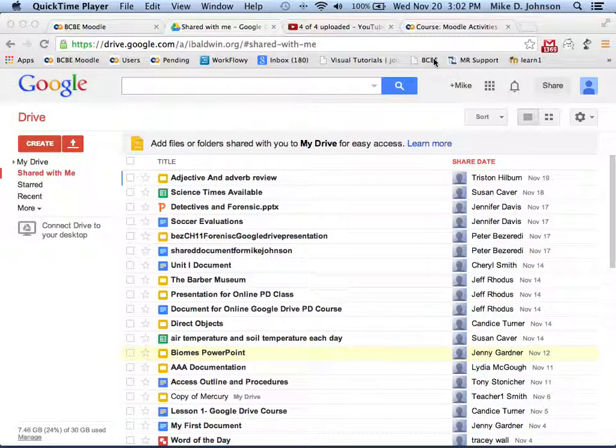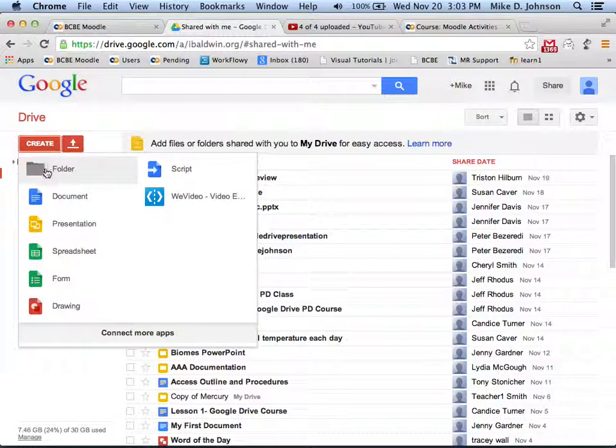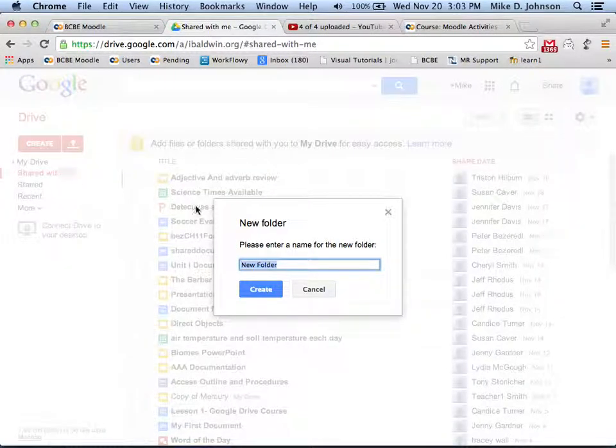We've looked at how you could share individual documents with others through Google Drive. One of the ways you can share things, and this may work a little bit better for teachers when you want to share something with the whole class or a group of students, is to create folders here in your Google Drive. So I can go over here to Create and choose Folder, and maybe I'll just call this All